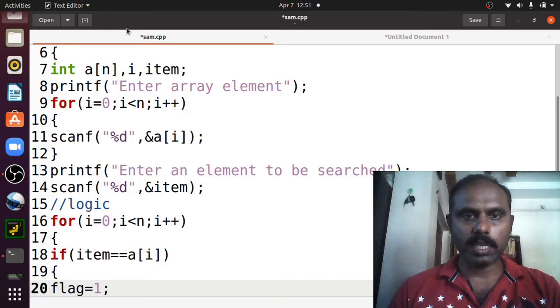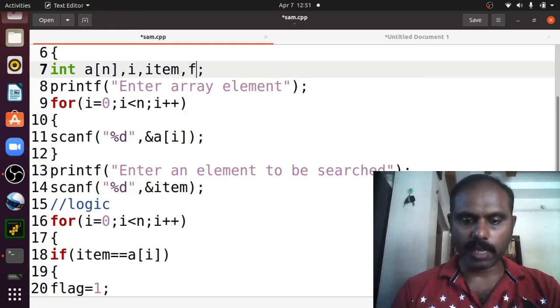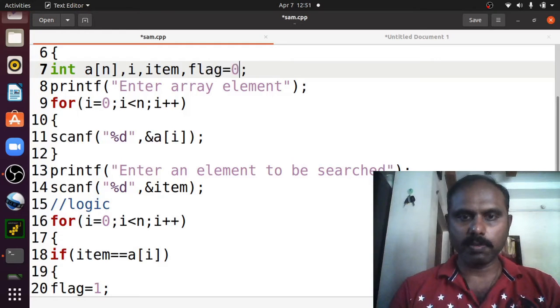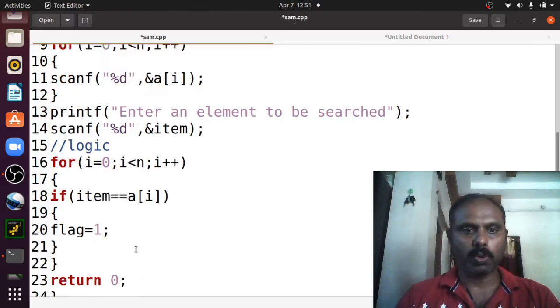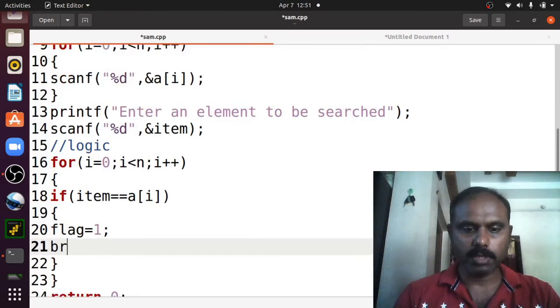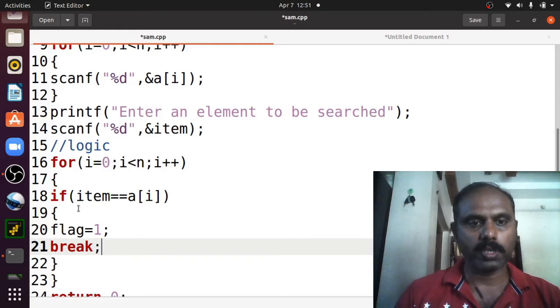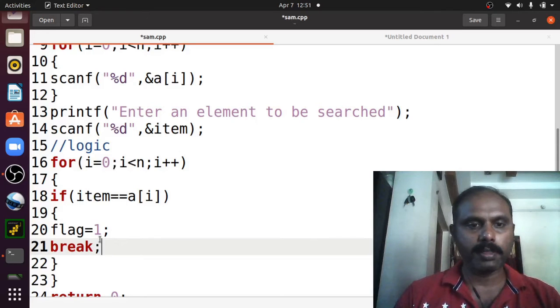Initially I will assign the flag, which is just a variable, as 0. So I will change that value from 0 to 1, and I will use a break. Break is nothing but terminate the flow of execution. So it will directly come out once you find an element.